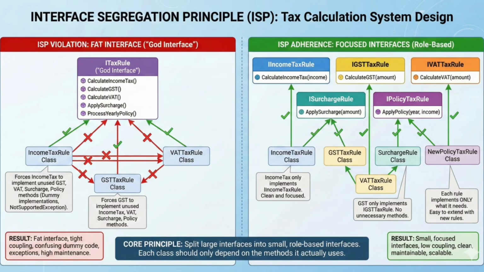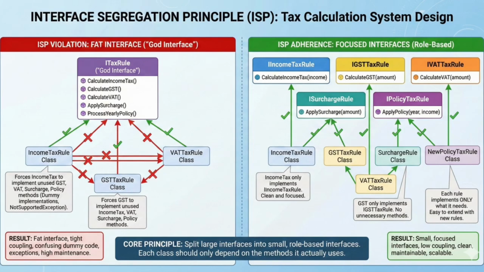Core meaning of ISP. Here, if a system deals with multiple behaviors, do not force every class to implement all of them. Split features into small role-based interfaces, so each tax rule implements only what it actually needs. That is the real power of the interface segregation principle, especially in financial and enterprise systems, where clarity, flexibility, and